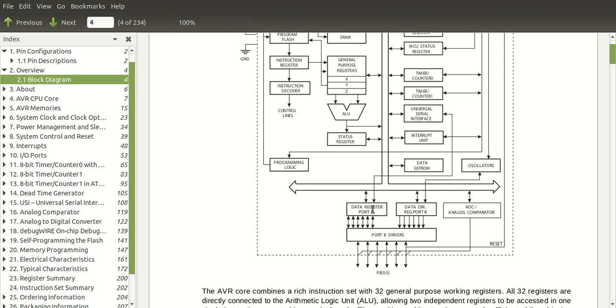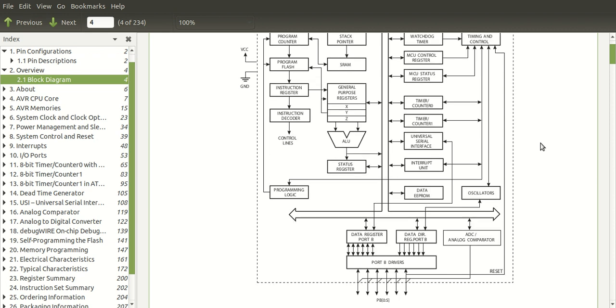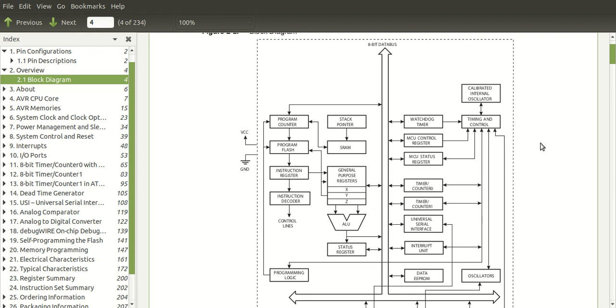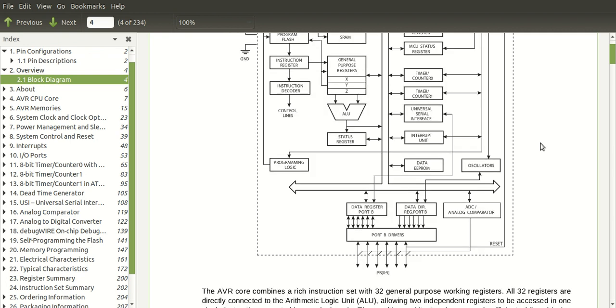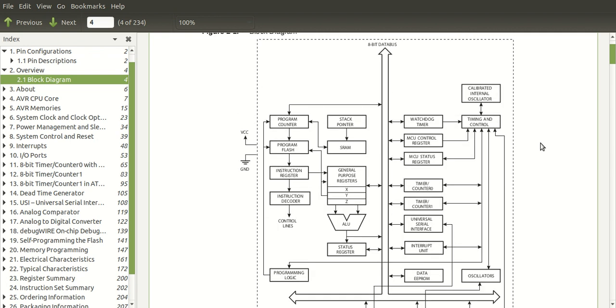Then you have port B. 8010 has only one port B. So the microprocessor core along with the various peripherals, this is what constitutes a microcontroller. And this microcontroller that we are looking at is a 8-bit controller, because it has a 8-bit data bus. So it can only read or write 8 bits at a time.